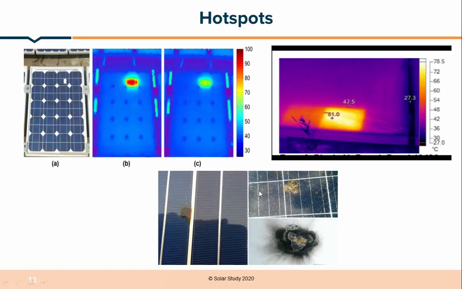In this image you can see small lines, like cracking. This is called snail trails. This also induces defects in the module, and you can also see corrosion in this module. In this image, some particle has hit this solar module, either a stone or something else that fell on the module. The entire module will be damaged due to this stone.